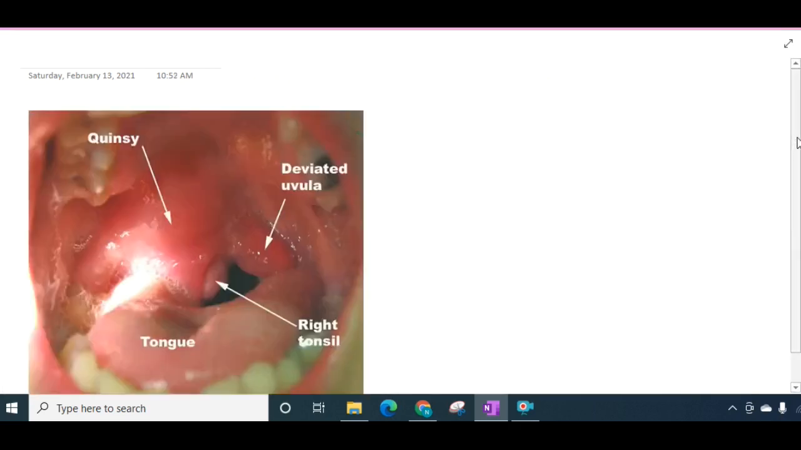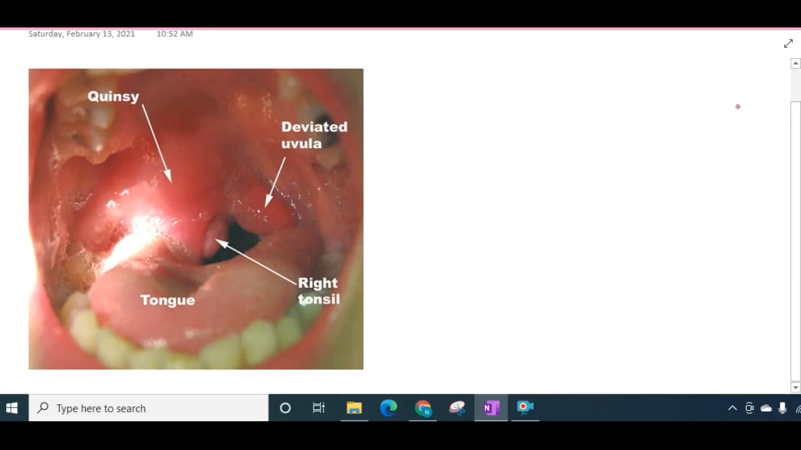Then if you see the clinical features in peritonsillar abscess, it mostly affects adults more commonly when compared to children. Acute tonsillitis is more common in children, but this peritonsillar abscess or quinsy is most commonly seen in adults. This quinsy is most commonly unilateral, and the clinical features are